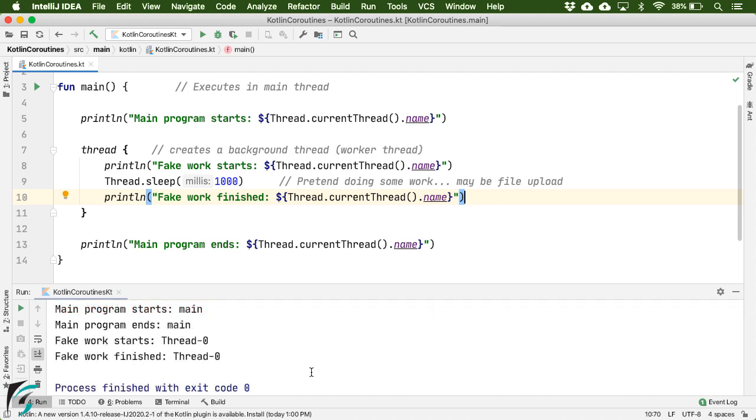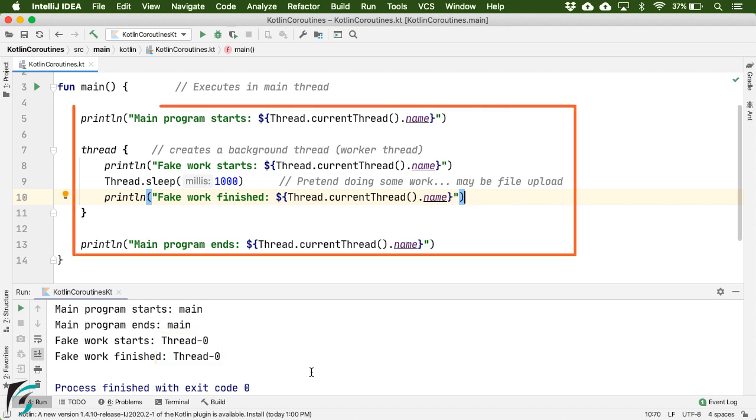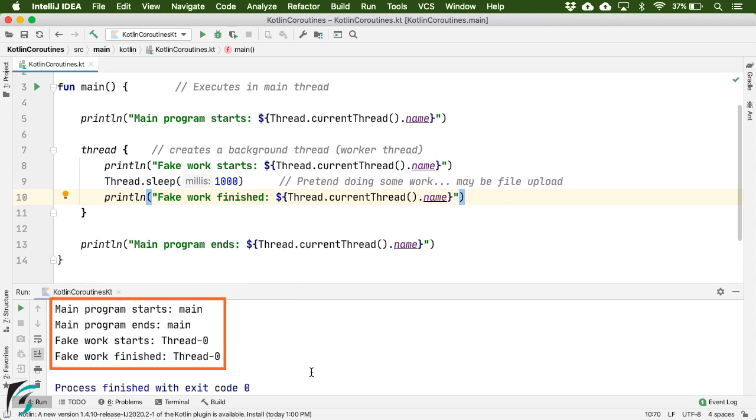So here is the output. Here our main program started in the main thread and ended in the main thread, which you can see in the output, right? And the code that belonged to the thread executed in some other thread, which is actually the background thread. Fine. So how exactly was our program executed? Well, firstly, from the output, you can observe that these two pieces of code were executed independent of each other. They both started and ended in their own way.